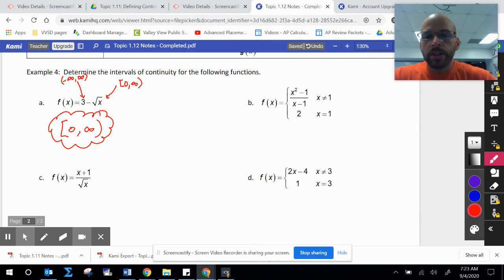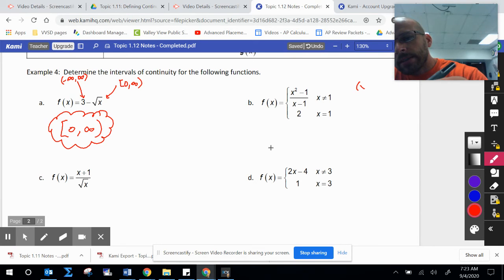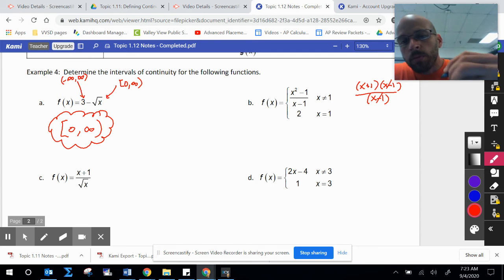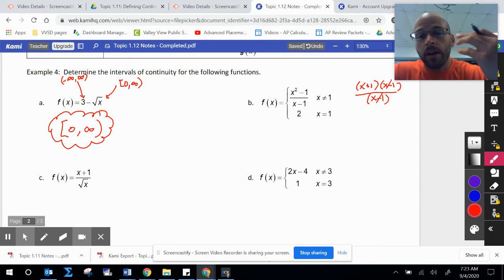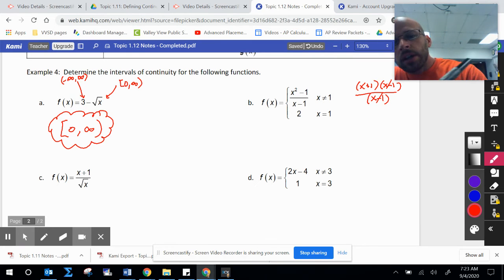For part B, we're going to do the same idea. All right, the first function is continuous everywhere except for 1, right? Because I have x plus 1, x minus 1, all over x minus 1. This reduces, so I have a removable discontinuity at 1, and I have no non-removables, right? And if you take a look, the limit as x approaches 1,